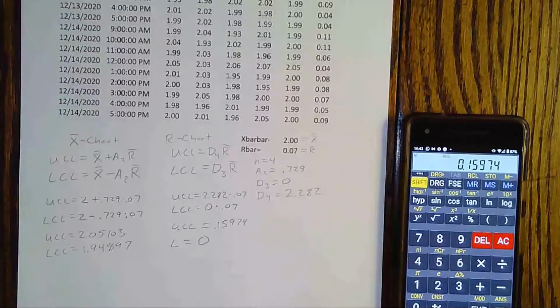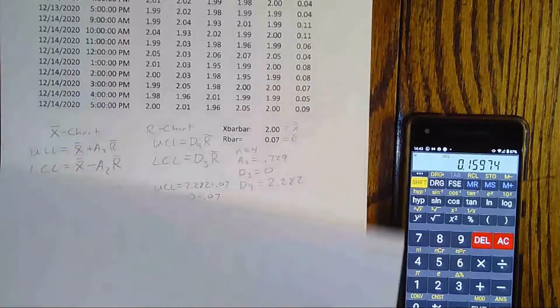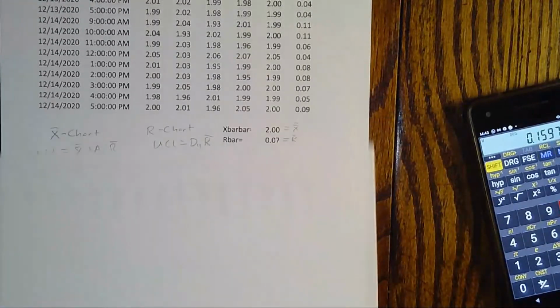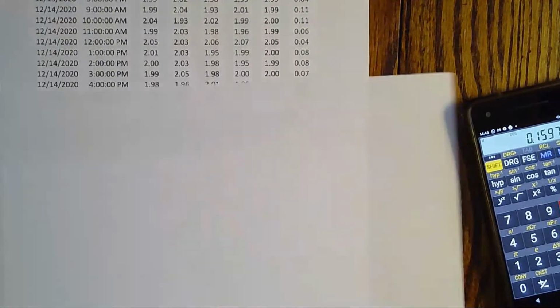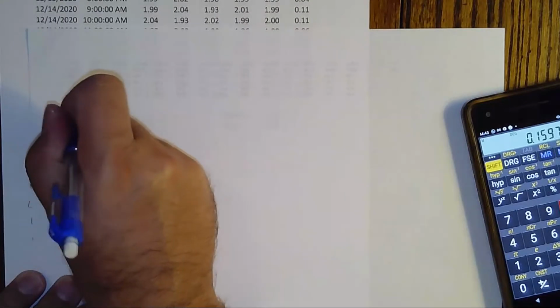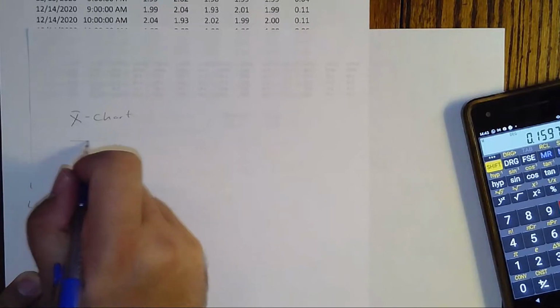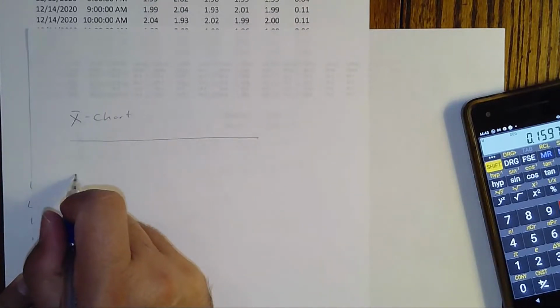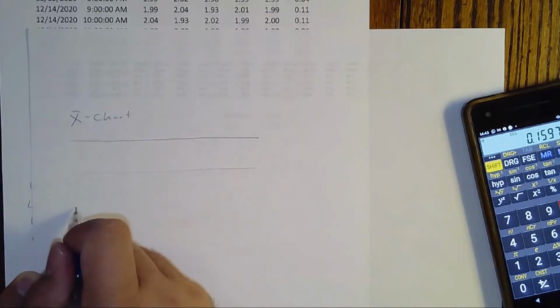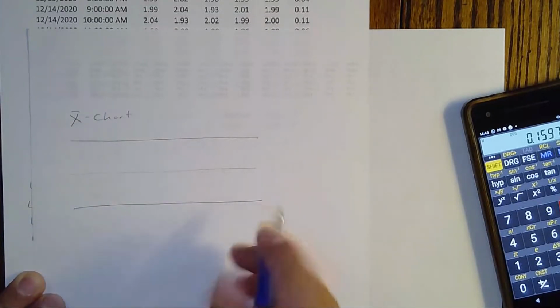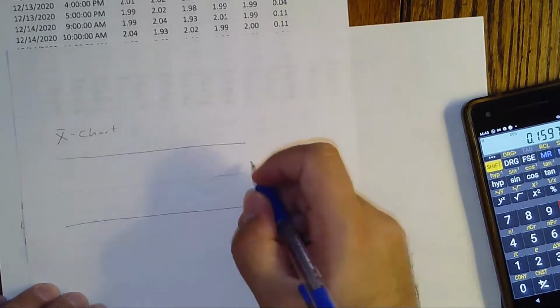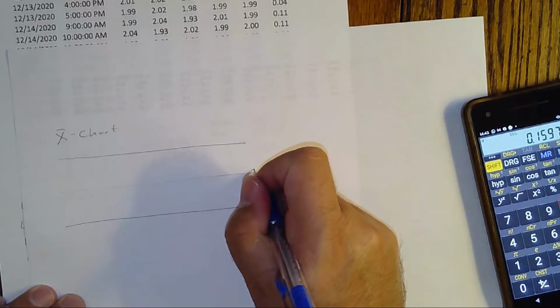All right, now I have all the information I need to draw the charts. I'm going to go ahead and draw charts on this piece of paper, but I'll refer back to the other one to get the values for it. So the first thing I'm going to do is draw my X bar chart. I have an upper control limit, I have the center line, and I have the lower control limit I just found, so the center line was my X double bar,